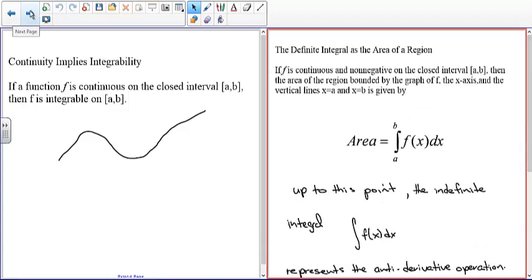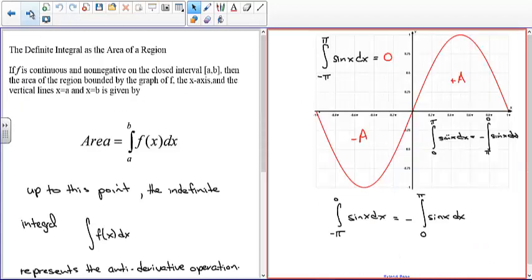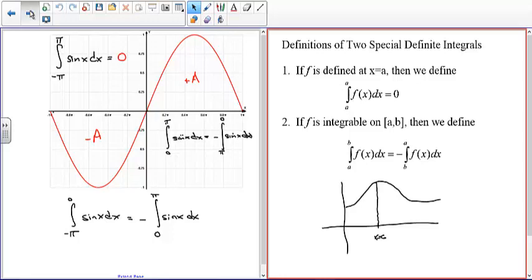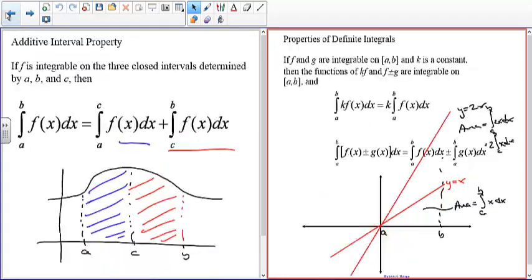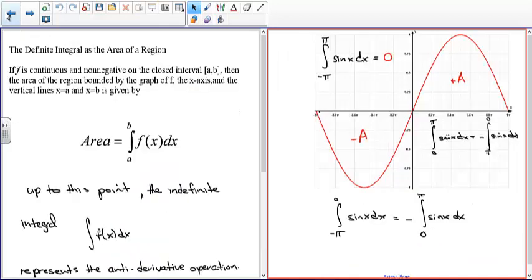Okay, let's see what else there is in this section. Okay, I'm just checking out what I have to talk about here. Okay, so there are kind of some theorems that